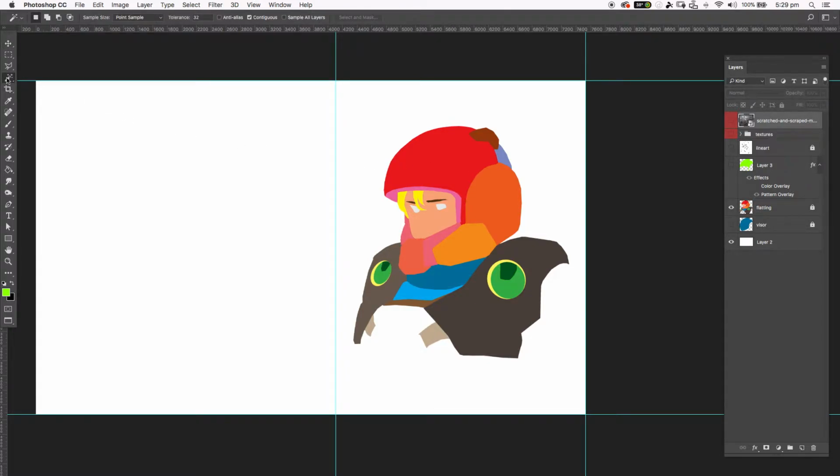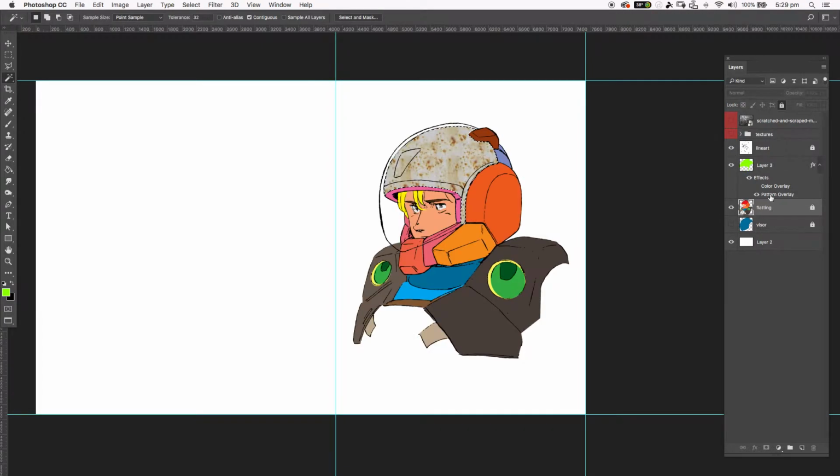I can go to my wand. There it is there. Anti-alias is unticked. I want it really close to the edges, no 50-50. Continuous is ticked, so it's only going to select that red. There's another, say that green there. If I had continuous unticked and clicked on the green, it's going to select everything that's going to be of a similar color. So both of those greens, etc. And also the tolerance is going to work for me. Select on that red. So you select from the flatting layer,